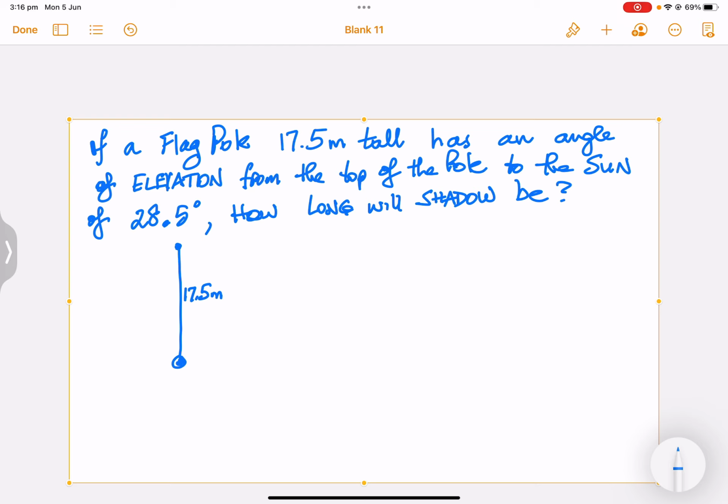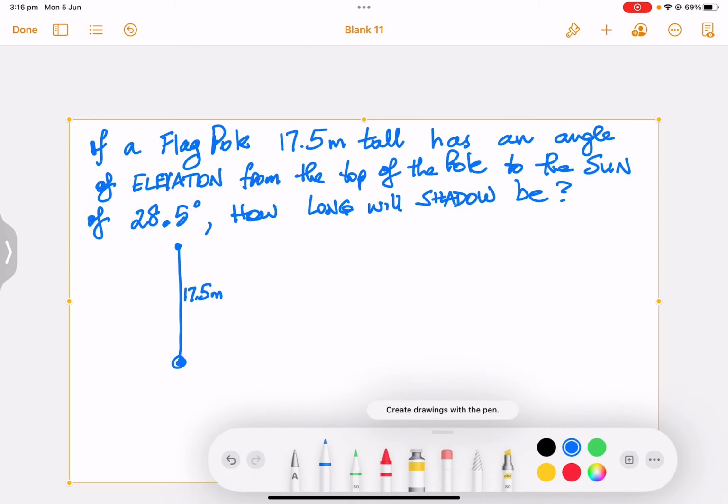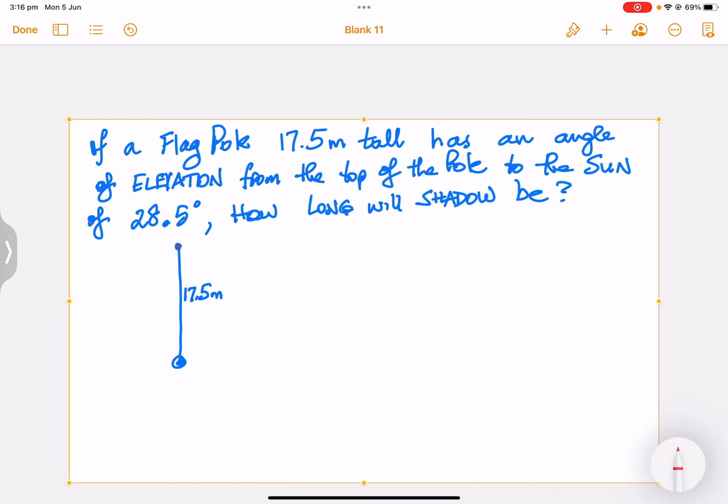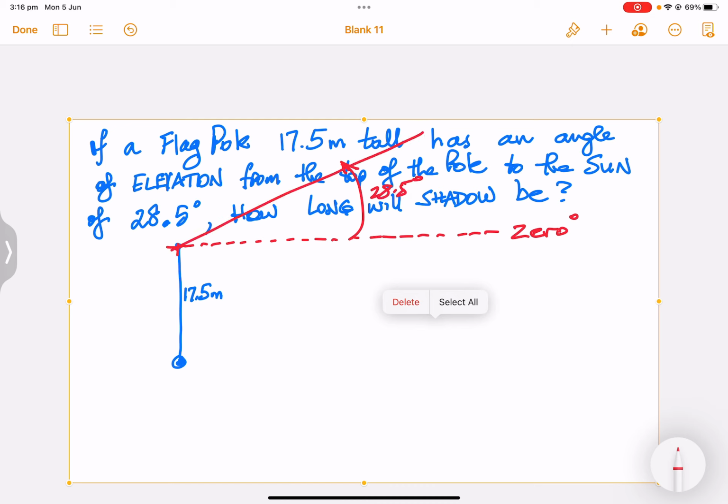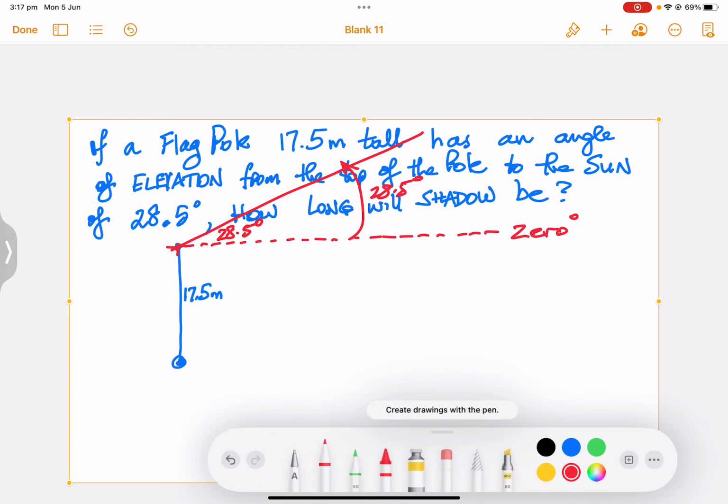That's 17.5 metres. Now the angle of elevation to the sun, I'll put this in red. From the top of the flagpole, you've got a horizontal line. That's 0 degrees. Now angle of elevation means from there up 28.5 degrees from here. That's 28.5 degrees there. Then you have